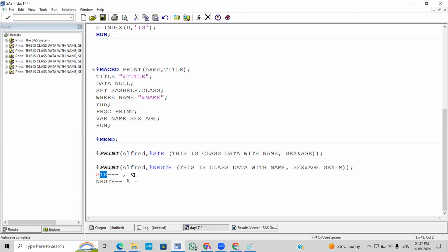Usually in macros we use this as a separator, right? So ampersand means it was trying to resolve the value, so we are masking this. Comma means it was a parameter separator, so we are trying to mask this. Percent means it thinks we are executing a macro, so to stop that we use this function. And equal to, for keyword parameters we use equal to. So mostly we have to mask this